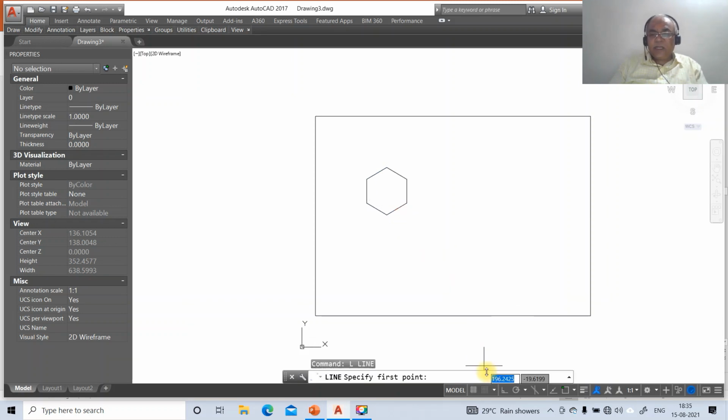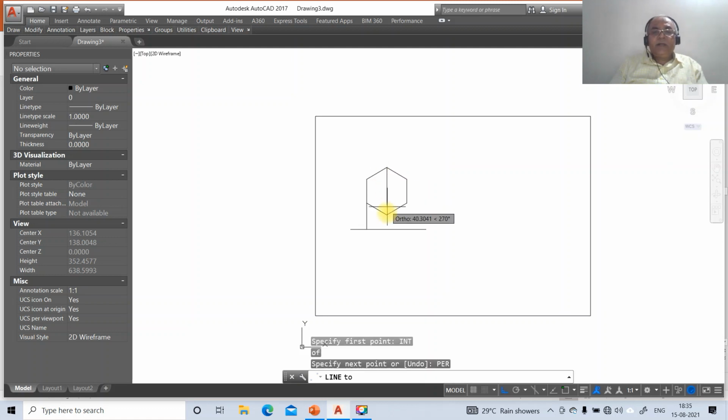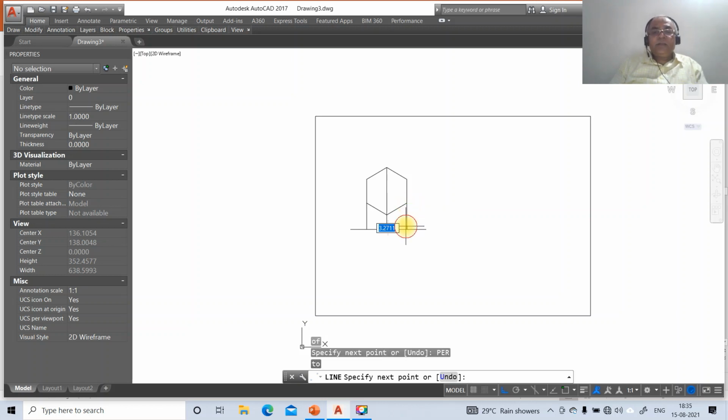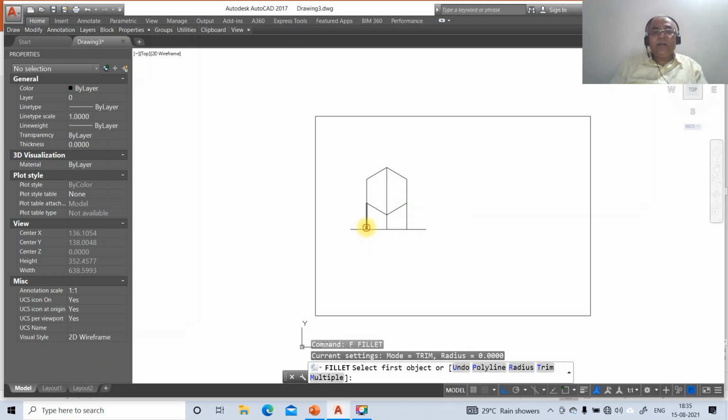Then go to line, switch ortho mode on again, draw a line, go to line, take intersection of this and draw perpendicular to this. Then go to line, take the intersection point of this and draw perpendicular to this, then go to line, take intersection of this and draw perpendicular to this, then go to fillet between these lines.